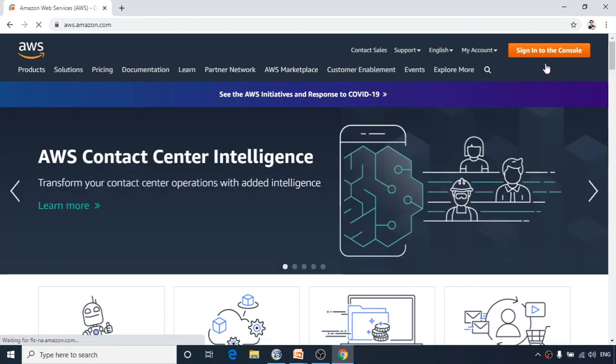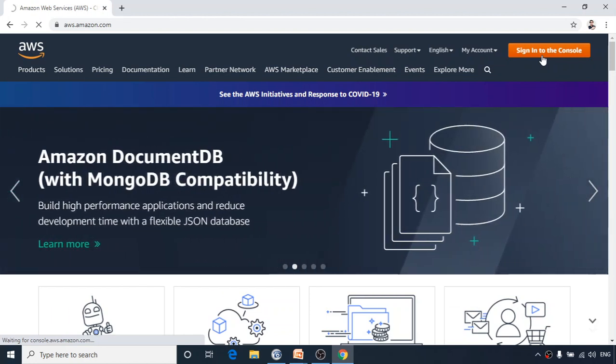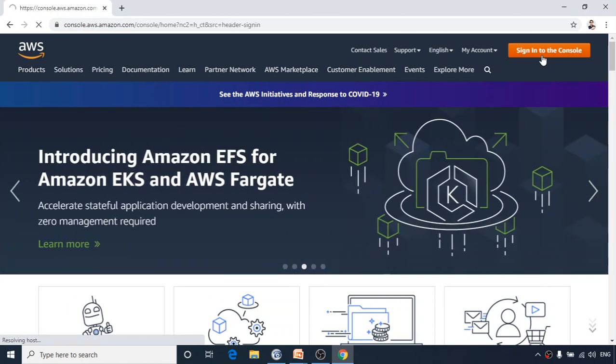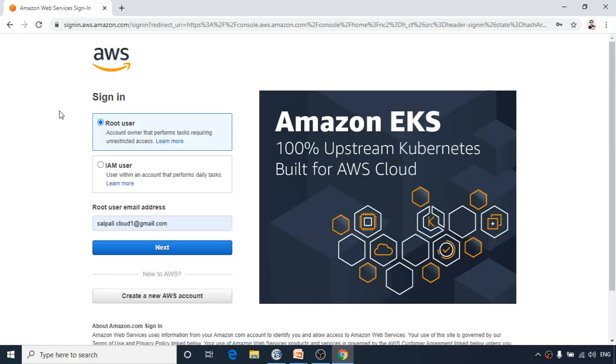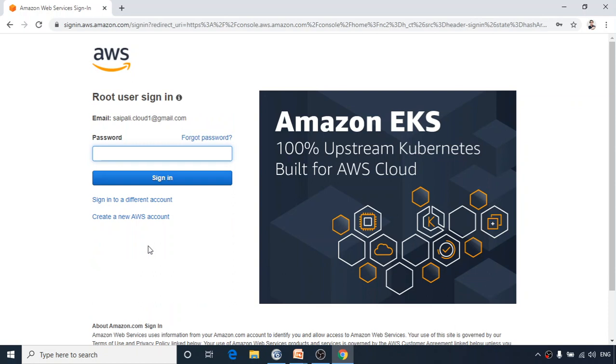Here I am going to log in with my root credentials. Once we log in, we are going to look for the service for today, which is CloudWatch. We can search for it directly, or look for it in the list. So let me first log in.